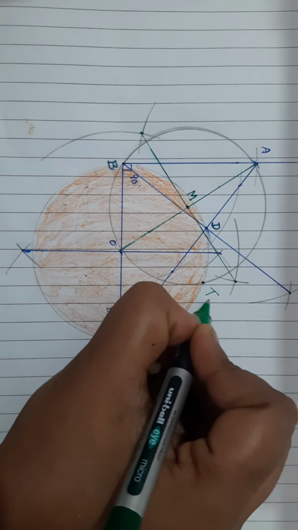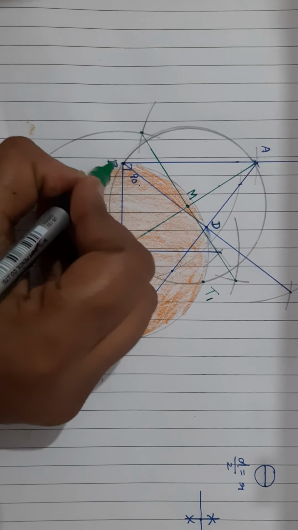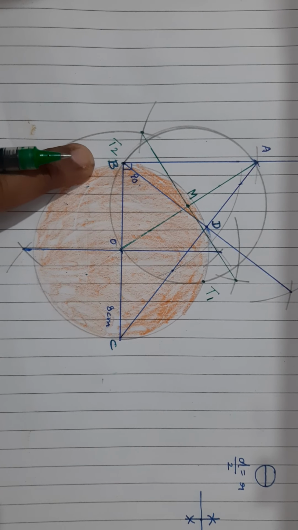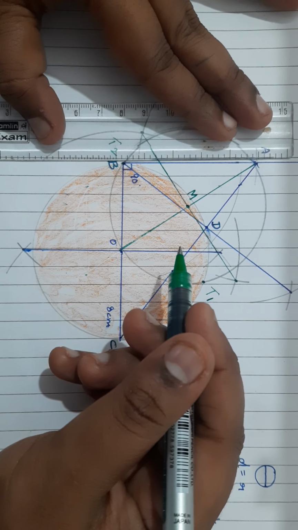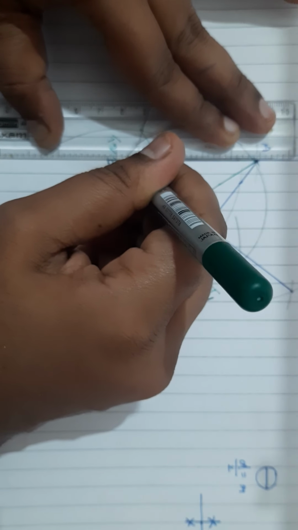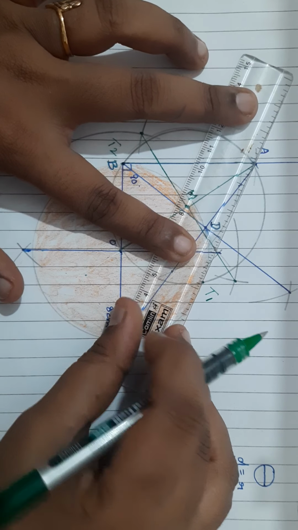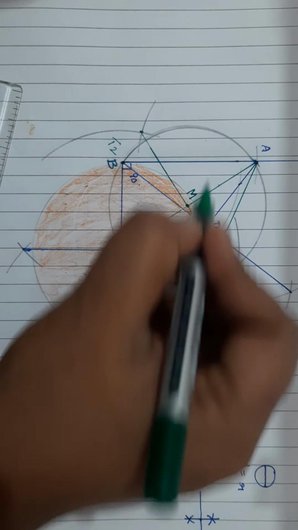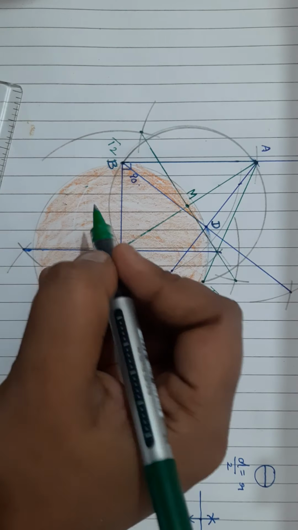This is the T1 tangent point. Already it's joined, B point only. This is the T2 point. This is tangent T1. This is tangent T2. Now you draw the two tangents. Already from T2 to A the tangent line is there. I will draw using the green pen. Then I will join A and the other tangent using the green pen. These two tangents approximately touch this circle.